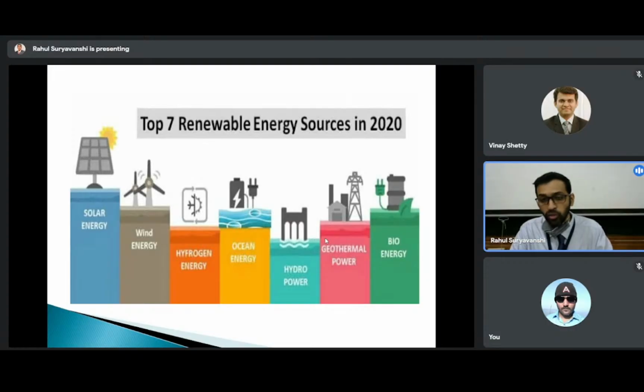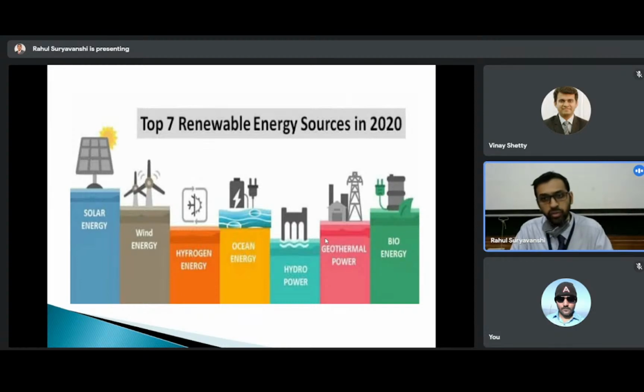And from the point of view of going ahead with this subject, the importance is that this subject is going to give you detailed knowledge about the various renewable energies which are available, how they can be utilized, what the engineering aspects are, that is the design, and then how the installation has to be done. All those things we will be studying.